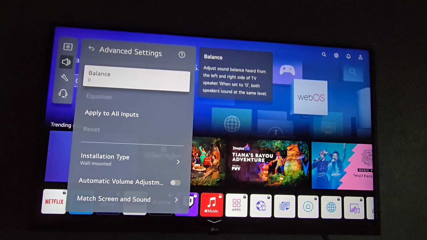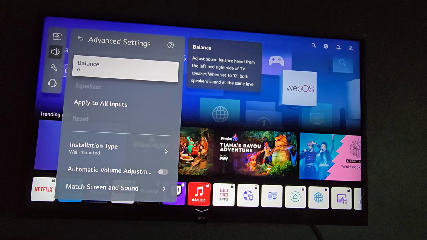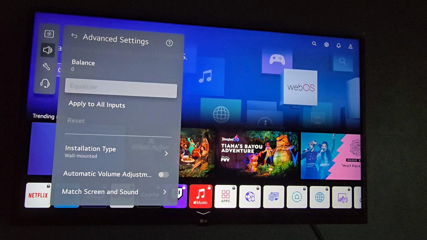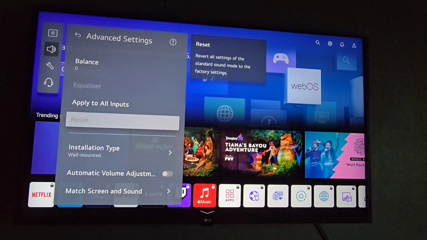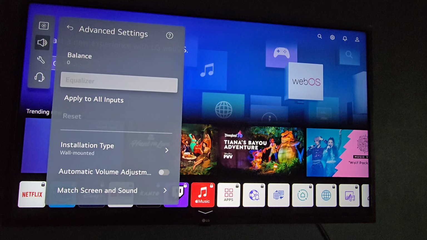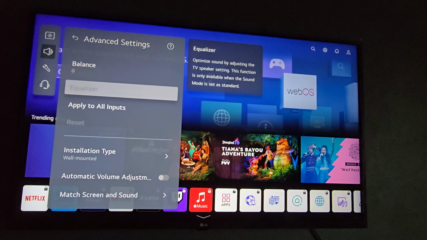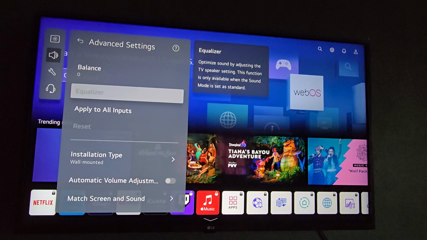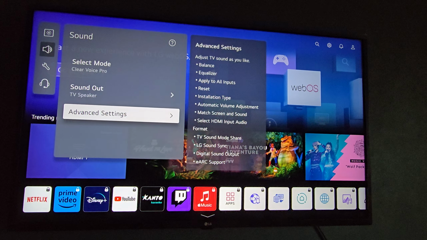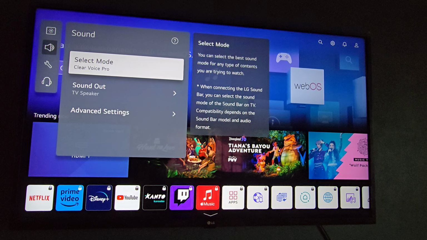But notice there, the equalizer is grayed out, and of course that option is not selectable. And of course you can see here you can't really do anything, all right, in terms of the equalizer as it's grayed out. All right, in order to fix this, you're gonna go back and you're gonna check your sound